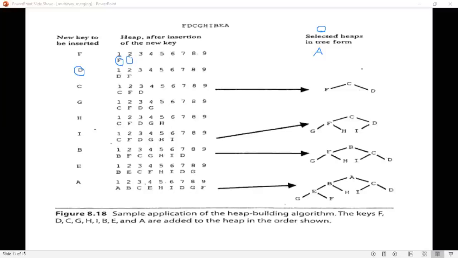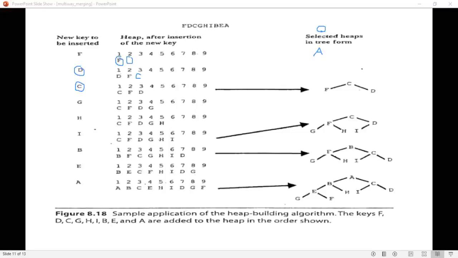Okay, next the key to be inserted is C, where you have to insert C first. Here in the third position you have to insert C first, and then you have to find the parent of this 3, that is 3 divided by 2. 1 is the parent, isn't it?